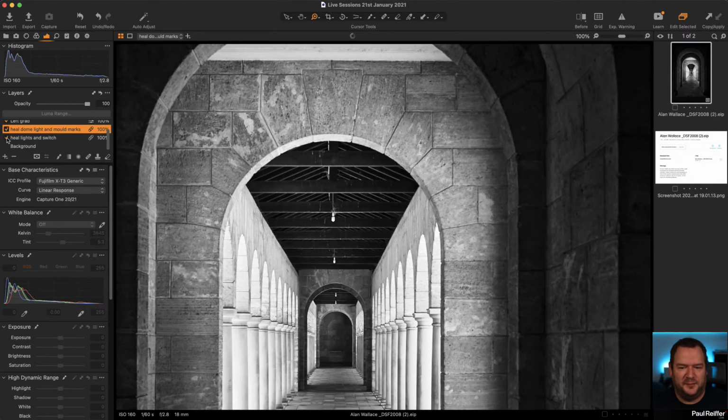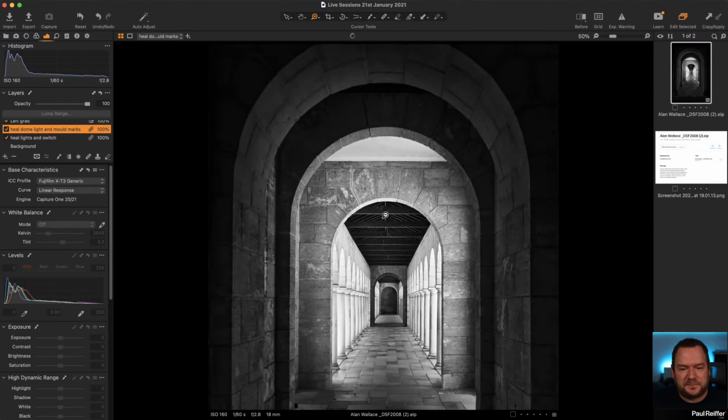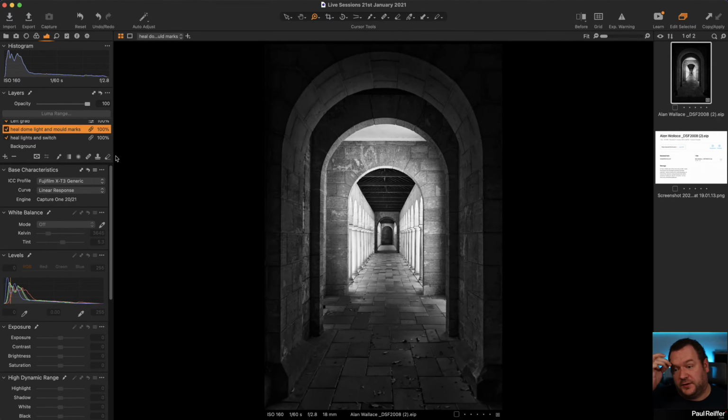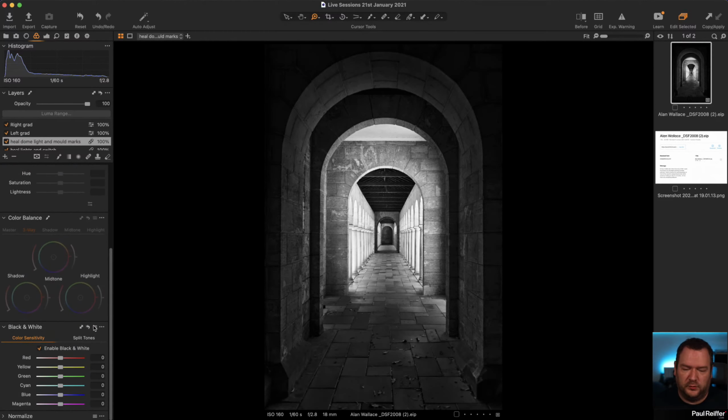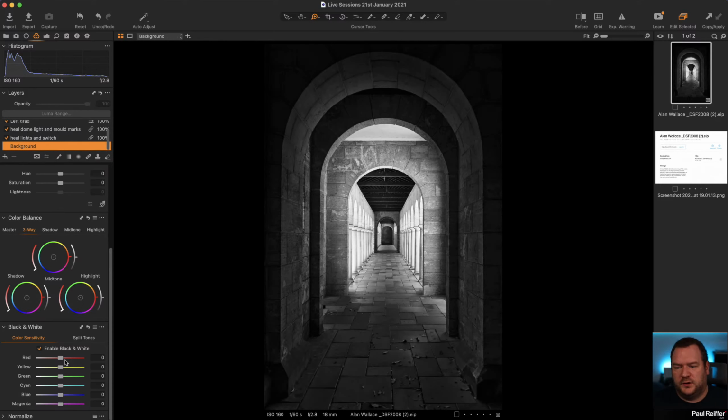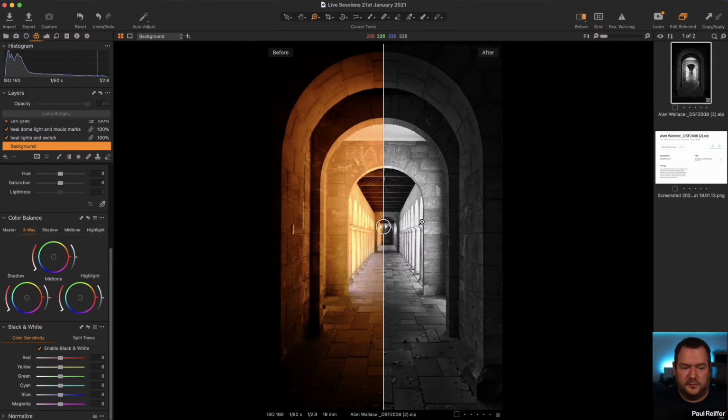So when someone says to me the healing brush in Capture One doesn't work, I would say Alan will disagree with you. But there's one thing that you didn't touch on, Alan, which I just want to show you in case you didn't know or it wasn't one that you'd played with before. On the black and white conversion itself, we've got this enable black and white. These sliders here relate to the original color data that you had. So in other words, if I go to my black and white here,